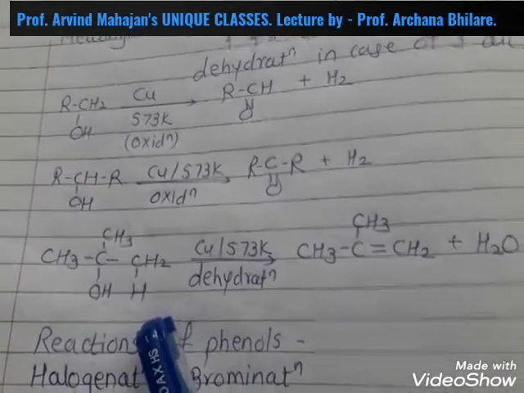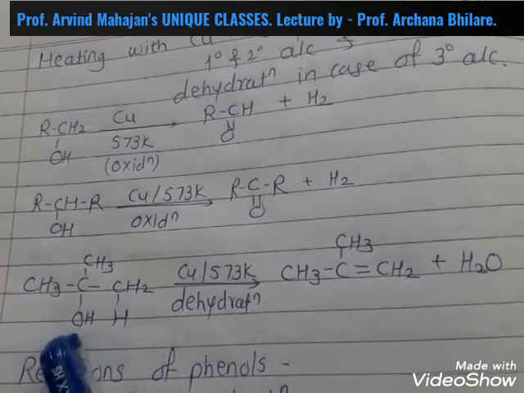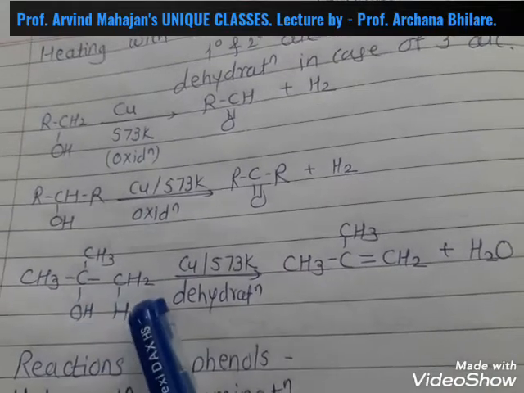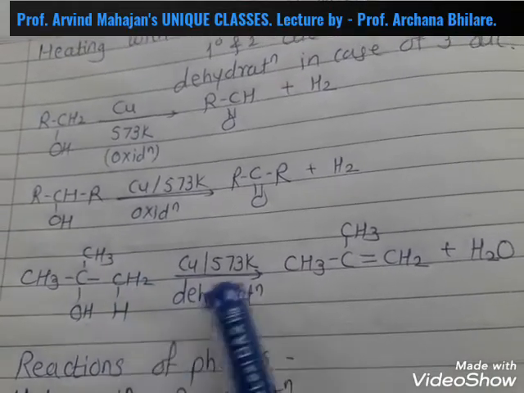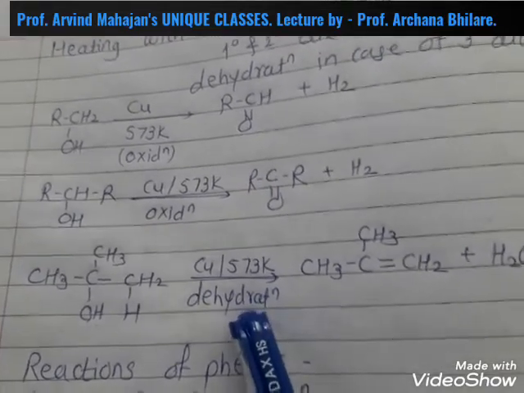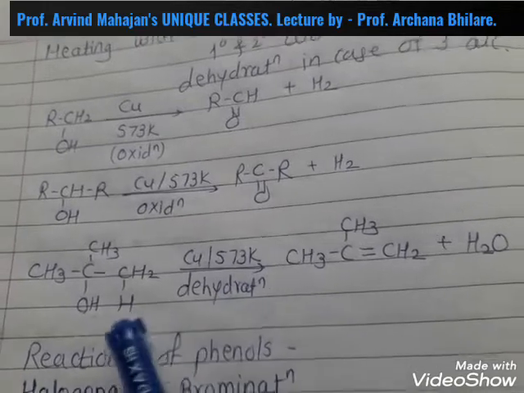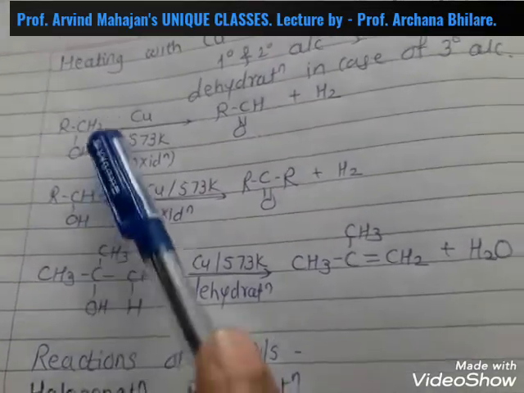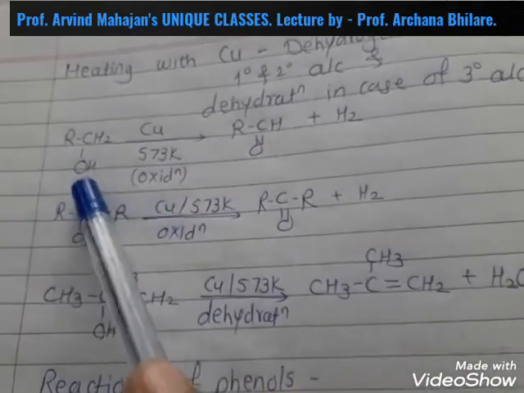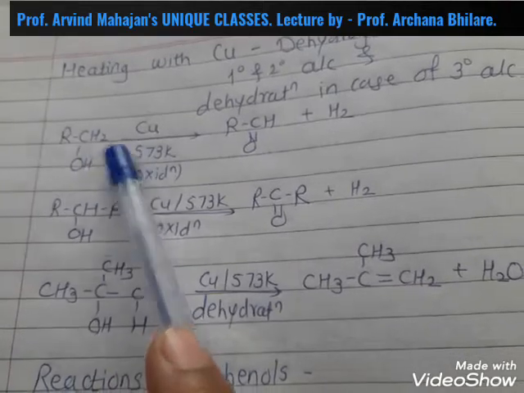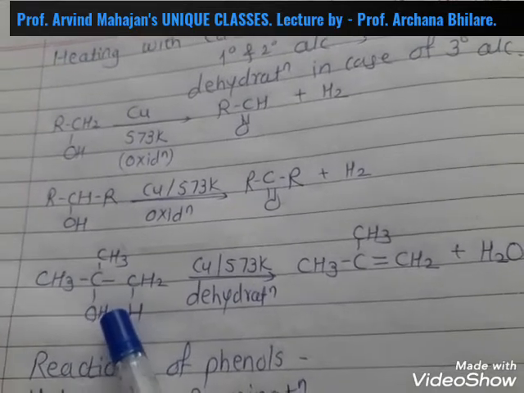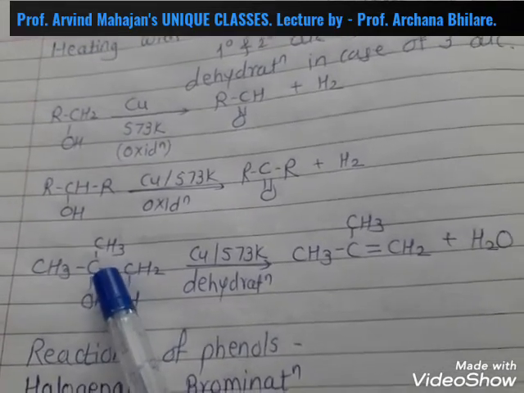Now what happens with tertiary alcohol? So tertiary alcohol is CH3, CH3, CH3OH. One CH3 I have split as CH2H, heated with copper. So there is no oxidation, there is dehydration. Why is it so? See, in these two reactions, what happened? H2 is eliminated. How is it eliminated? H of oxygen and H of carbon. Here H of oxygen, H of this carbon. H of oxygen, but there is no H on this carbon.